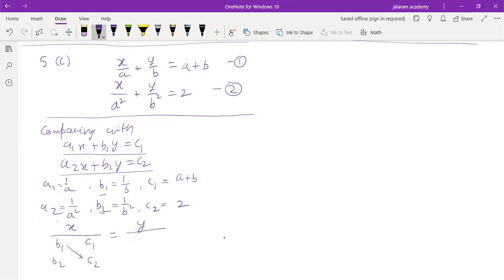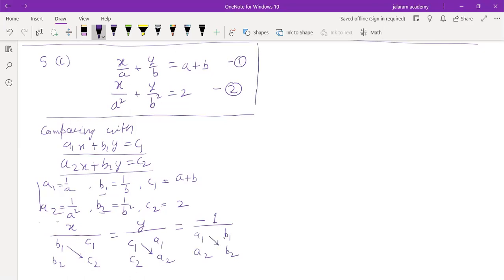Now this column c1, c2 will be repeated. And after c1, c2, which column is there after the coefficient? So we return to the first column again. That is a1, a2. So what will be the denominator of y then? Sir, c1, a2 minus a1, c2. And equals, next we write minus 1 upon. This column will be again repeated, a1, a2. And what will be the next column? Sir, b1, b2. And their product: a1, b2 minus b1, a2.